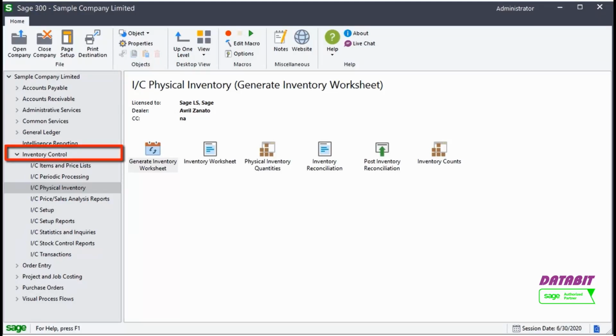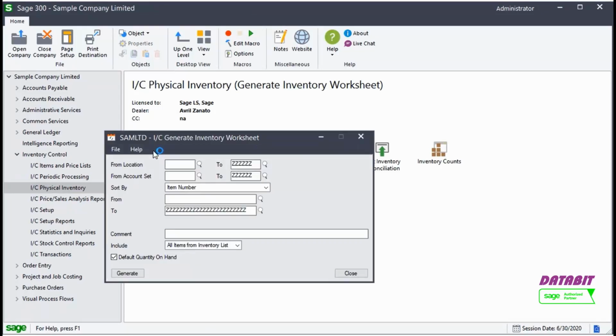From Inventory Control, Physical Inventory, we begin by selecting Generate Inventory Worksheet. It is possible to sort by an item number, which is the default. You can also sort by the category, segment, or various other fields. You can choose to include all items from the inventory list, in Use Items Only, or items from a specific